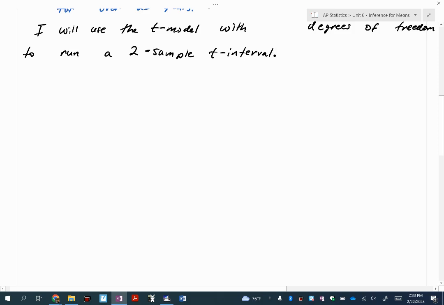Okay, so let's write down what we know. We know the sample size for the first department is 30. The sample size for the second one is also 30. The sample mean, what was the average number of accidents in the first one? Something like, is it 12 or something? 12.3. What about for the second department? 10.6, okay. And then the standard deviation for the first one? And the second one? 3.4?